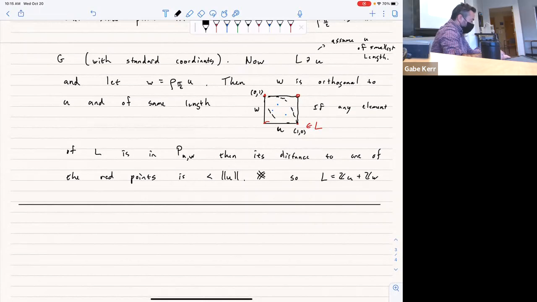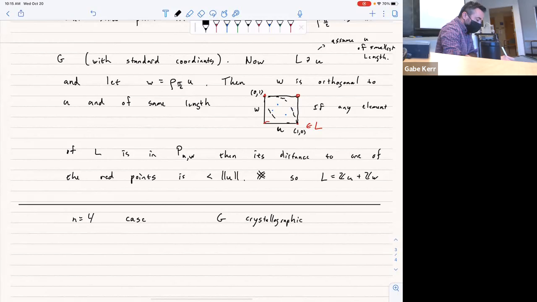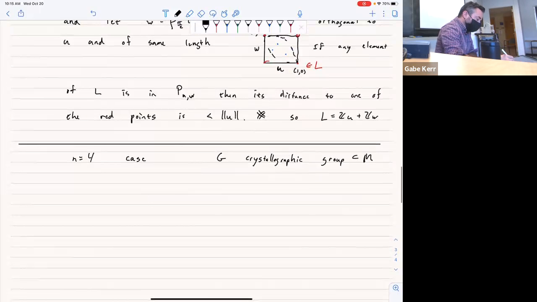So there's basically two possibilities. In the n equaling 4 case, we have some G that is a discrete crystallographic group in M. And we split off into two possible cases. We can have that the point group is equal to C4. And if this is the case, then in fact